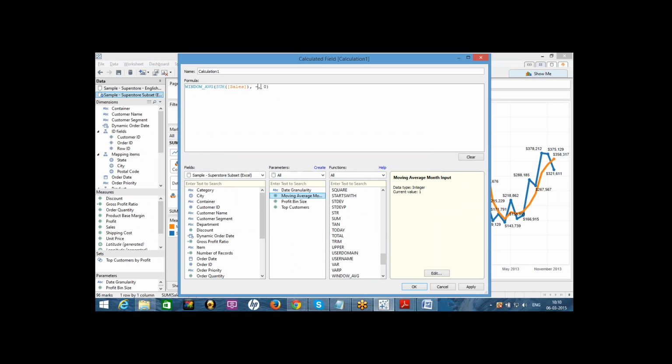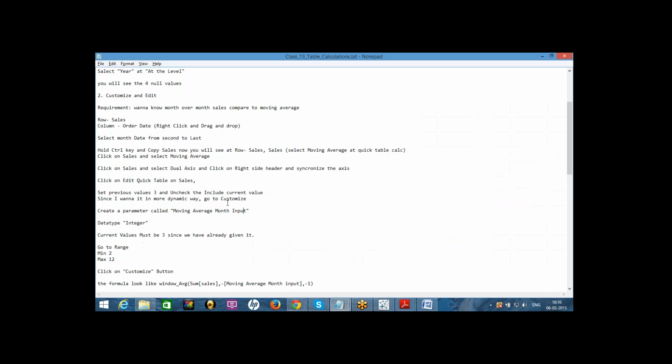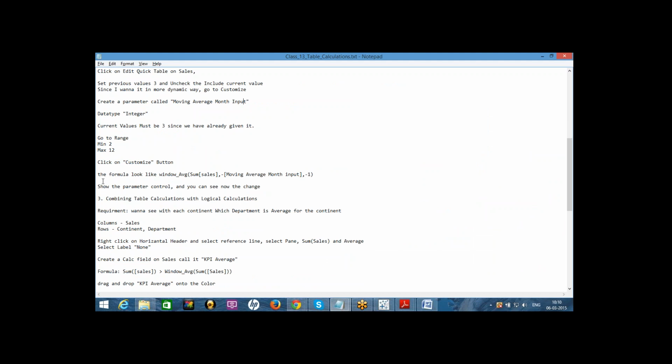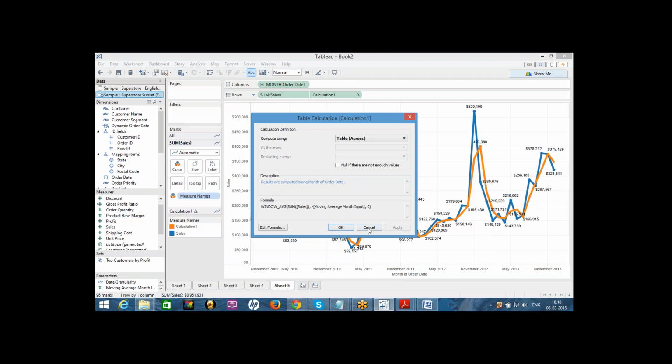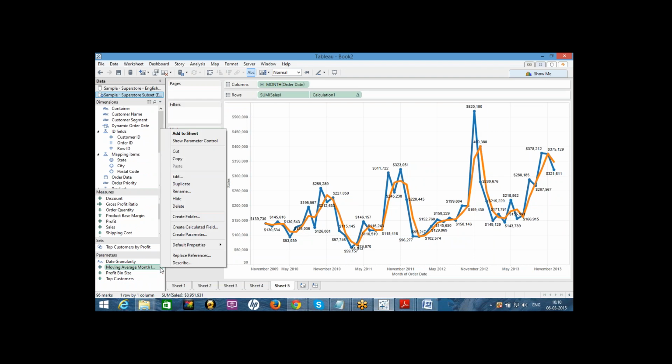We got the moving average. Instead of 3, put this parameter over there, moving average month input, and apply. Click on OK. Here we changed the formula and applied. Under the parameter panel we got moving average month input.